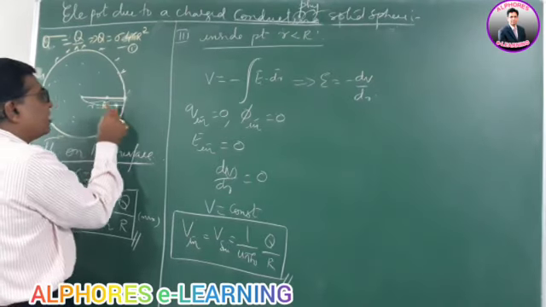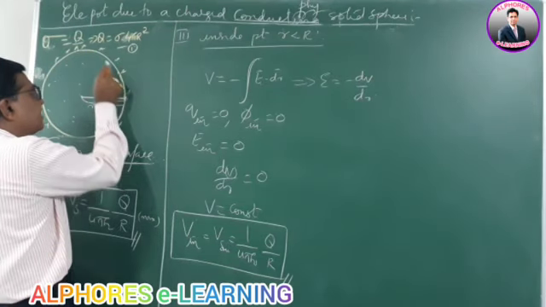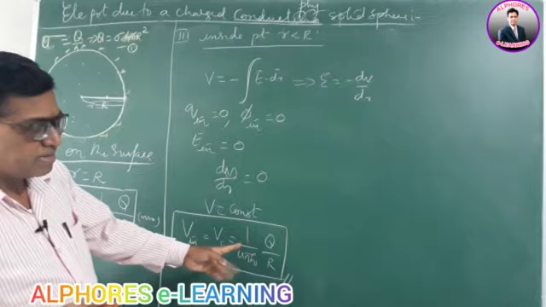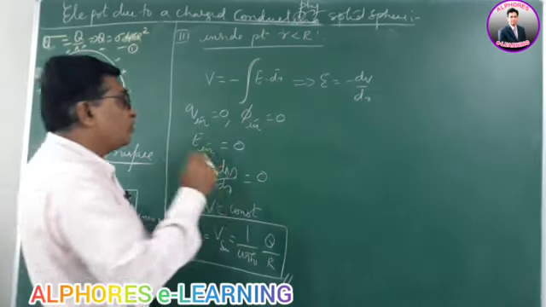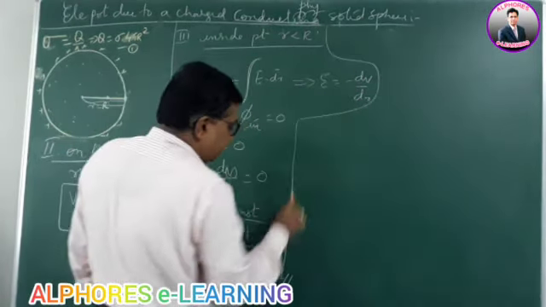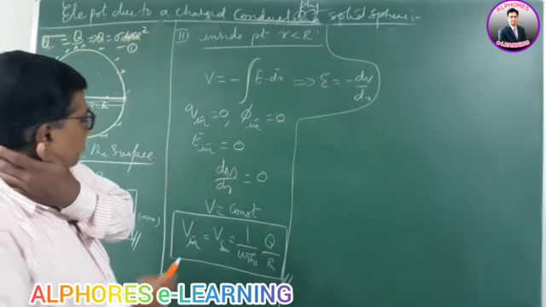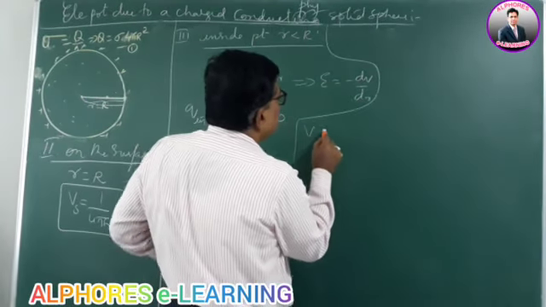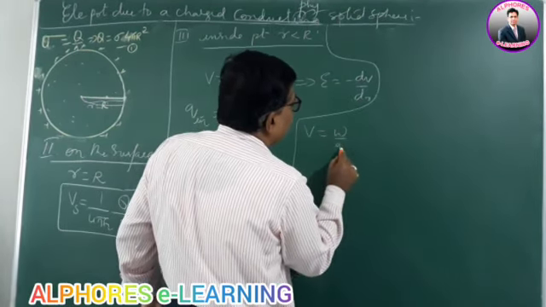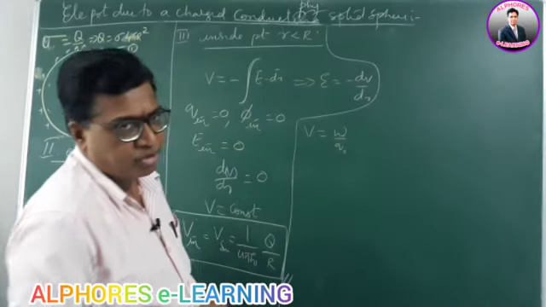So even if I take a point on the surface, the potential is the same. So that is the same as the surface potential. You can even do this by another application also. We know the potential is defined as the amount of work done in moving a unit positive charge from infinity to the point.